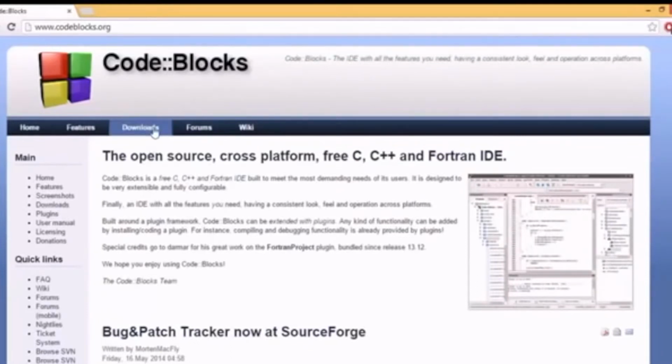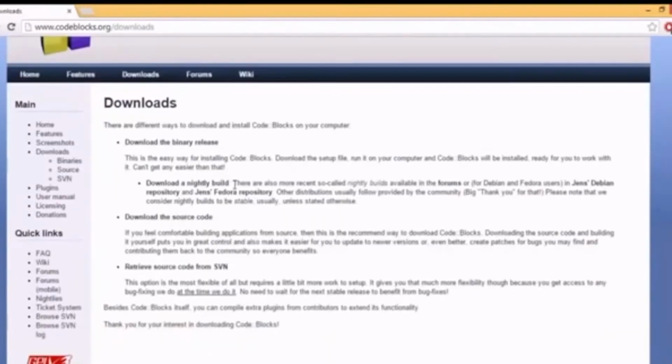There are some options which you can download: download the binary release, download the source release, or retrieve source code from Subversion SVN. The link we are interested in right now is this one, download the binary release.